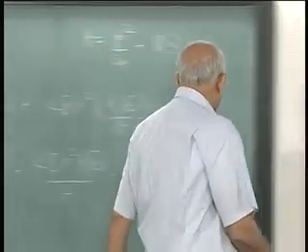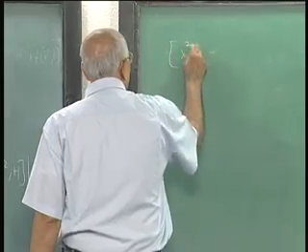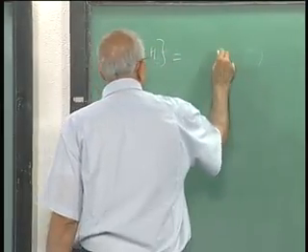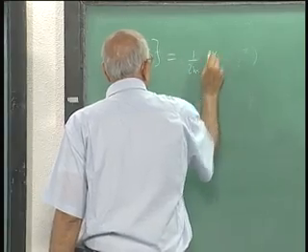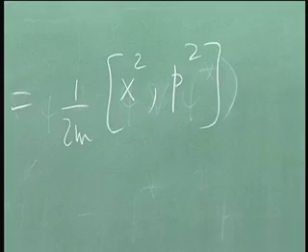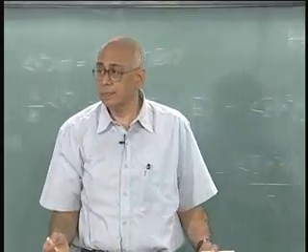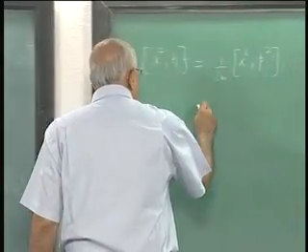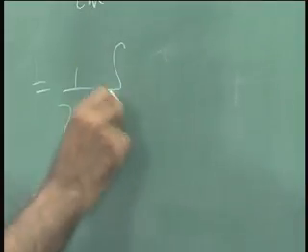What is this commutator itself? Let us find x squared with H. This is equal to 1 over 2m commutator of x squared with p squared, and then x squared with V of x, and what is that? It is 0, because there is the x operator and a function of the x operator on both of these terms, and it commutes with itself. So that term is 0, and I need to find this, and this is equal to 1 over 2m times